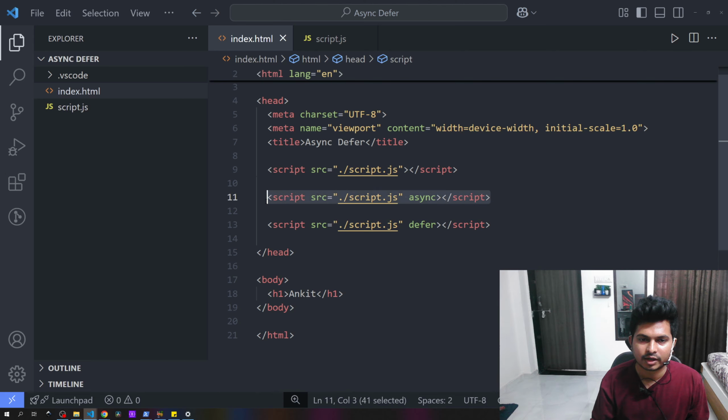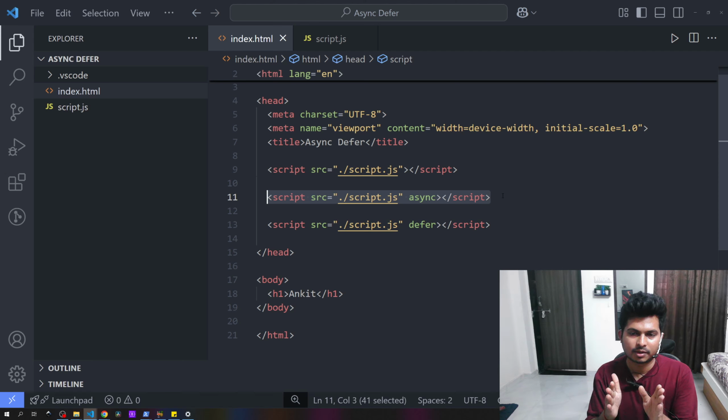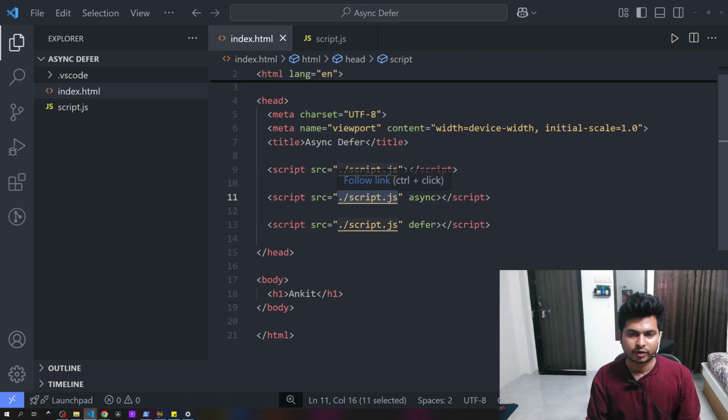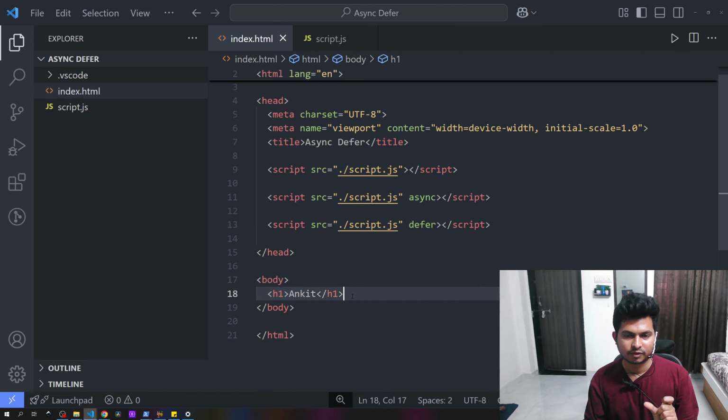But as soon as the script is completely downloaded, it will pause the HTML parsing again, if we have many elements in this web document.